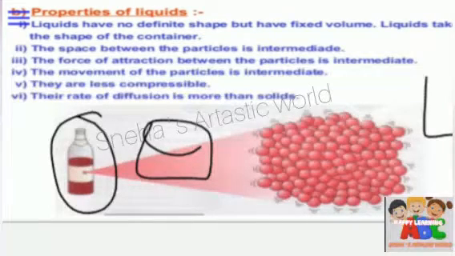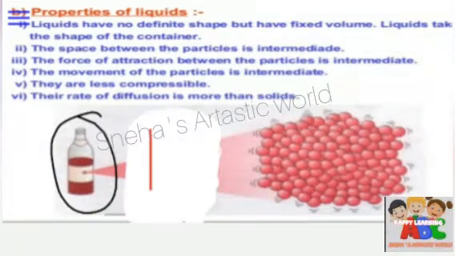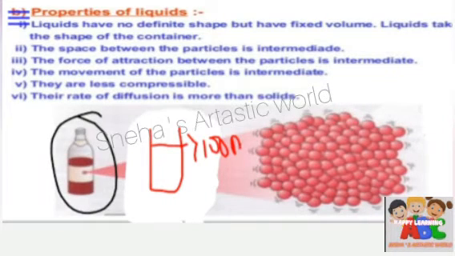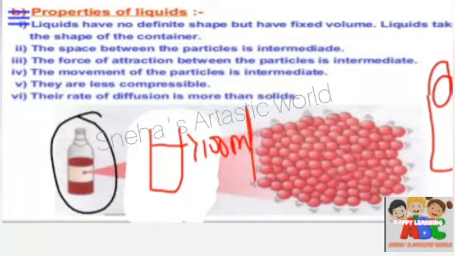it has a fixed volume, a definite volume. How? Very easy. Take exactly 100 ml of water. Put the water in a bottle. Again put the water in a vessel. Again put the water in a jar. Finally, first you take the 100 ml water, and that container, again you put the water.